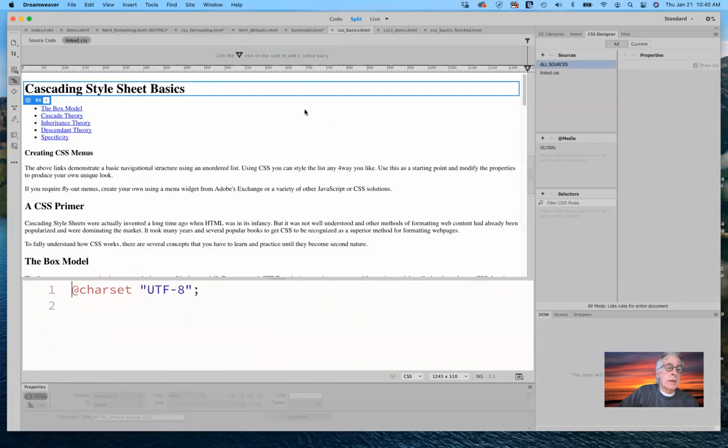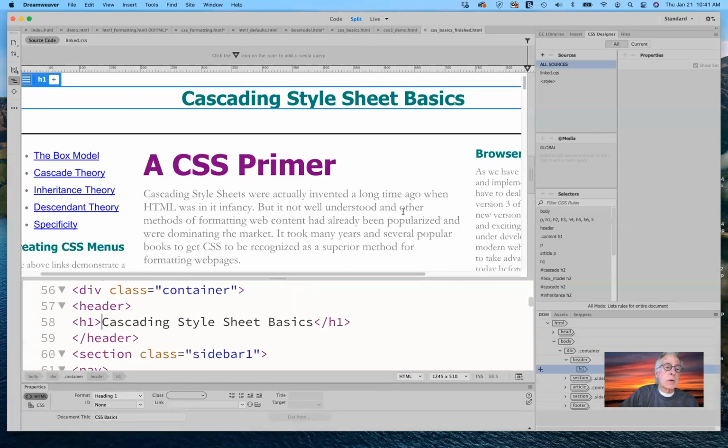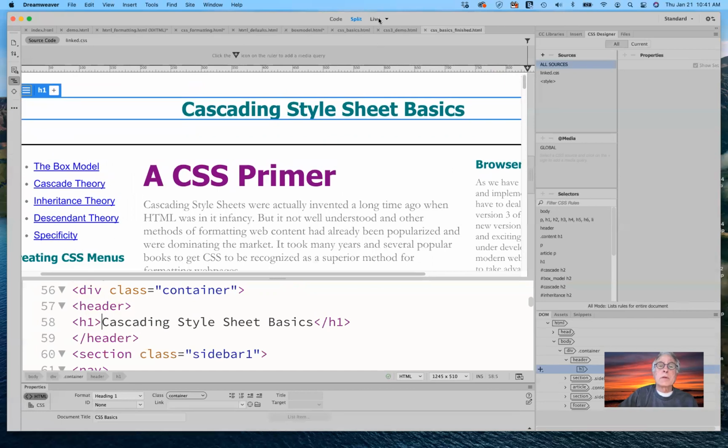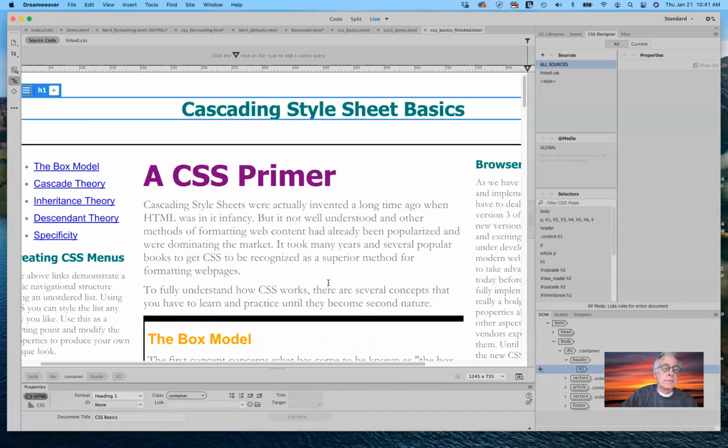So if we look at this unformatted, you can see that this is what your content would look like. Cascading style sheet basics, that if I had links here to the different pages, it would look like this if it were unformatted. If I looked at the finished page, then this is what it would look like. So cascading style sheets, let's look at this entirely in live view,